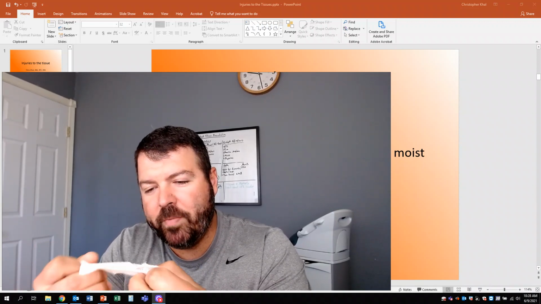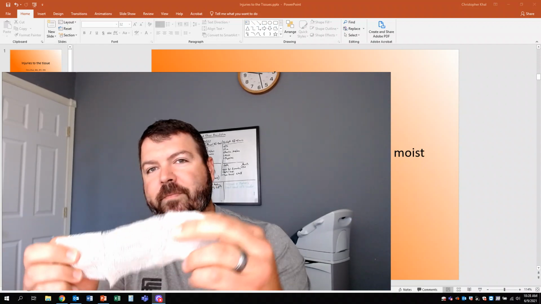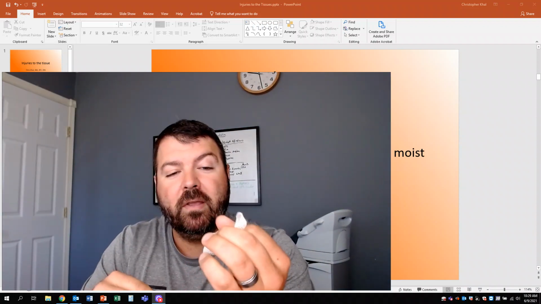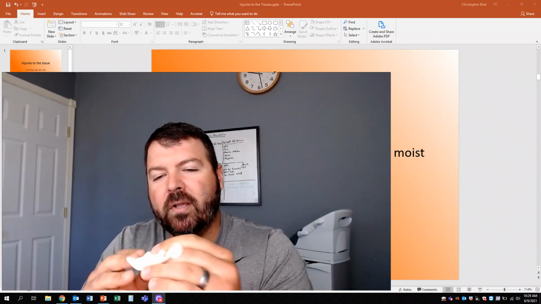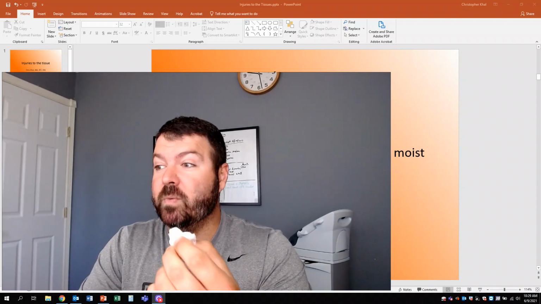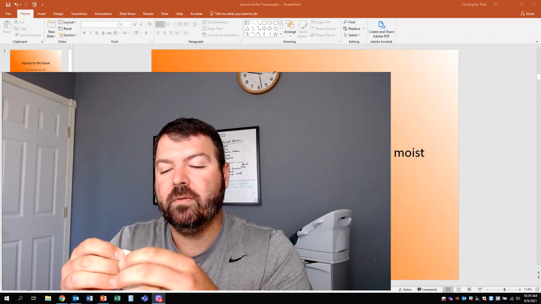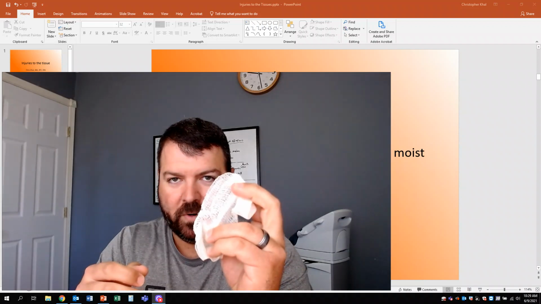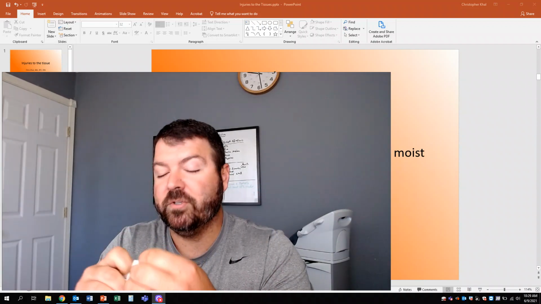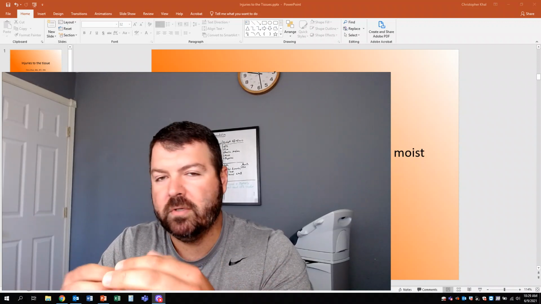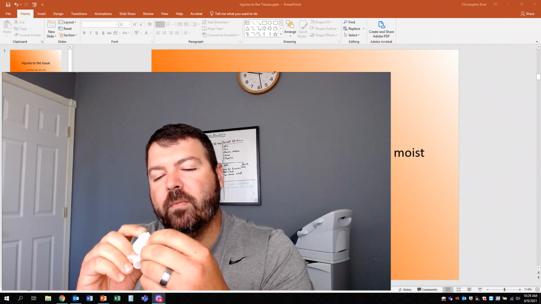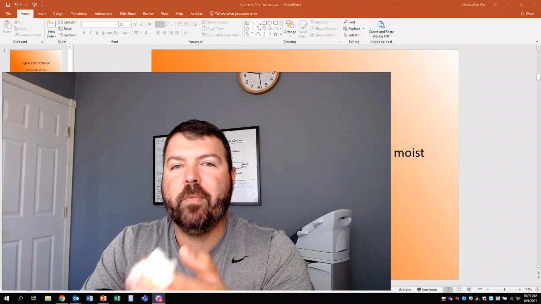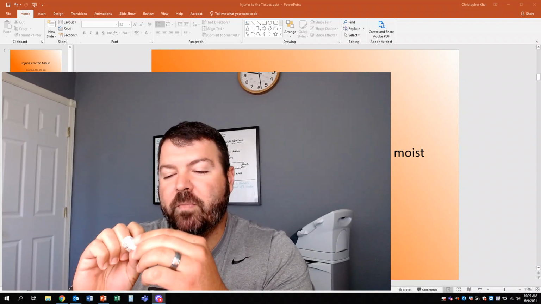So the adherent ones, if I open it up, it is very, very porous. As you can see, you can see through it. It does a really good job of soaking up any kind of fluid, blood, for example. The downside of it is it sticks to a wound. Which is important because all that lattice-like, porous material can help clotting, which is really important for, let's say, a heavy wound. But when you rip this off, you're also ripping off that clot, which may or may not be what you want. But a lot of times this is really cheap.